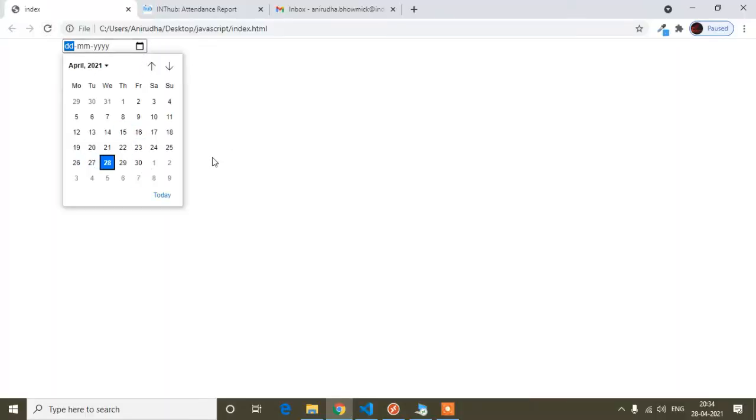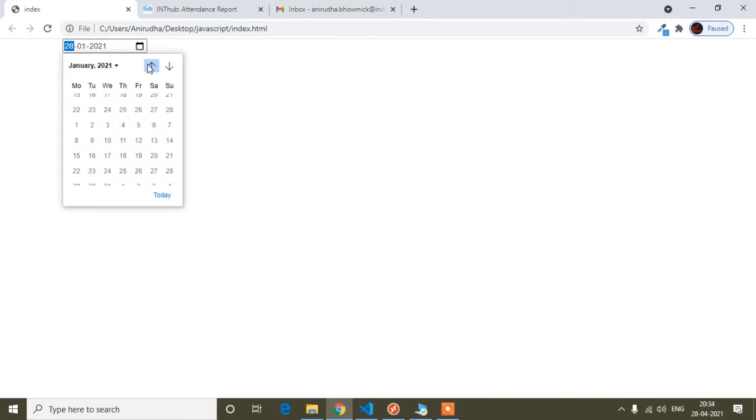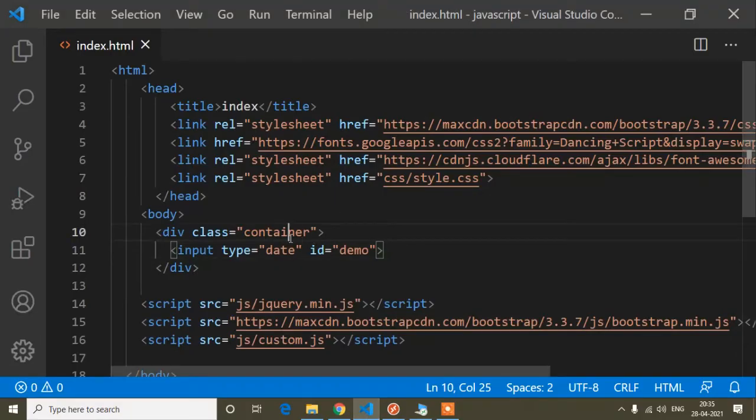You can see the date picker is here, but when I open this date picker I can choose any kind of date. Since I have added the container, I am getting space on the left and right; there is no container on the right side, so you cannot see space there, but on the left side you can see space because of this container.